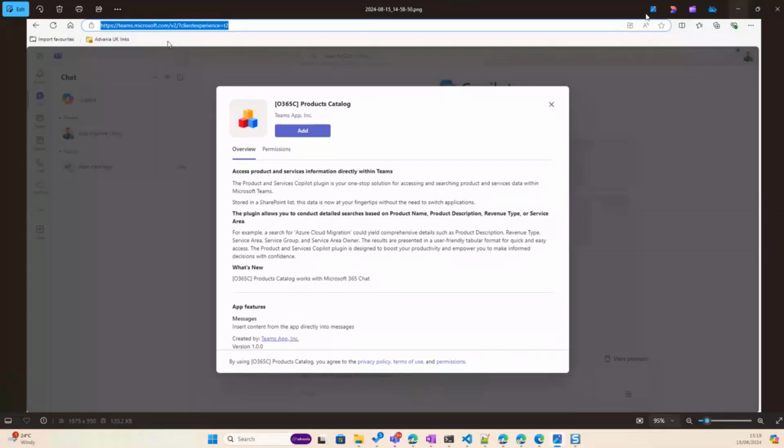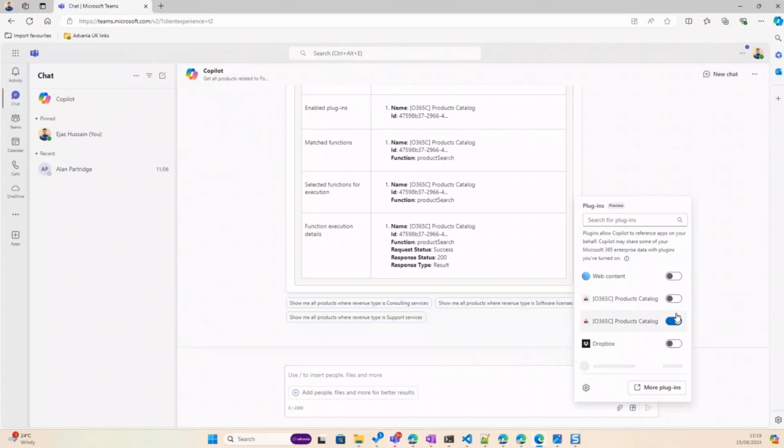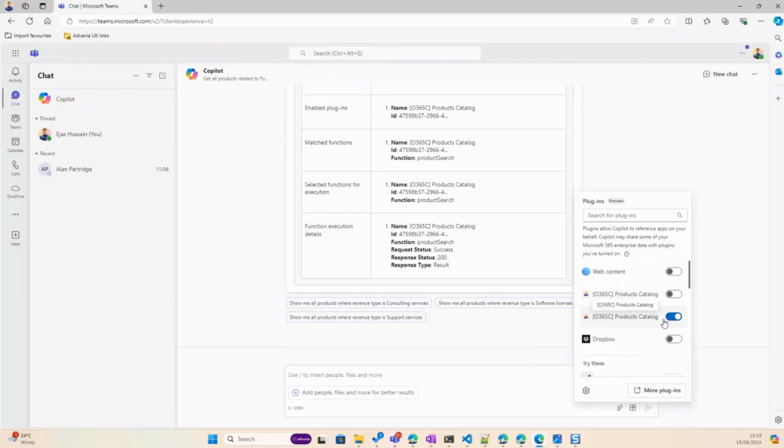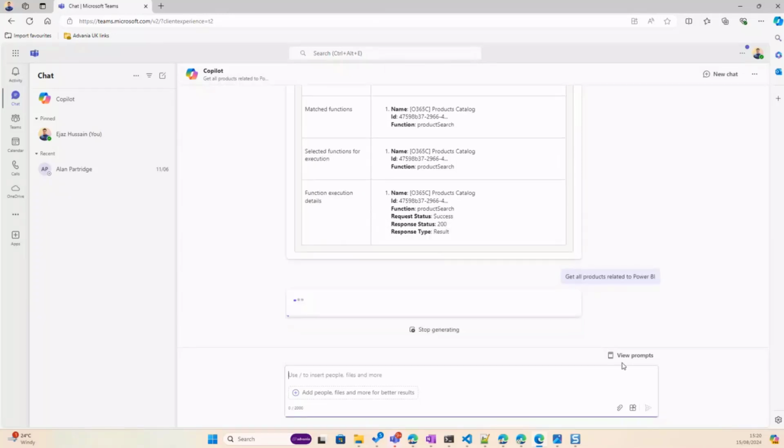Now we clicked add, so we added it, and then what you have to do is click on this little icon at the bottom right, click on plugin, and then you enable your plugin. At the moment the product catalog plugin is enabled, and I can go and add a prompt. So let's say, get all products related to Power BI. So if I go and search this,